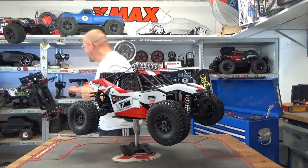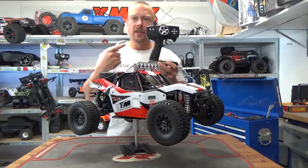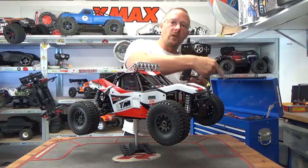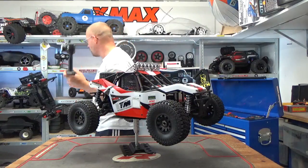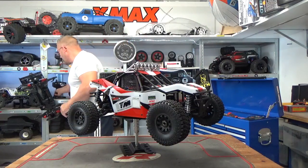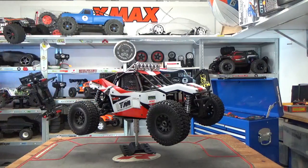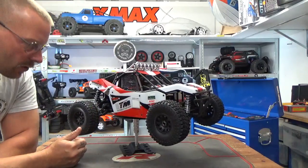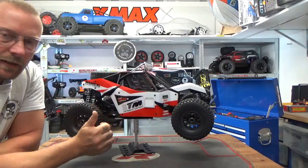The radio system is the same that you see on all Team Magic. If you want to hear from me how this works, you can check out the B8ER unbox video, or not unbox but presentation video about this. I really like the look of this truck. I like also the size. This is a 370mm